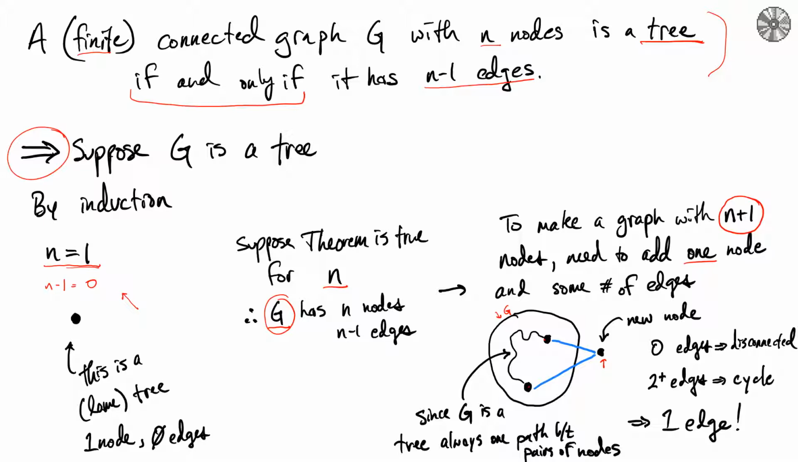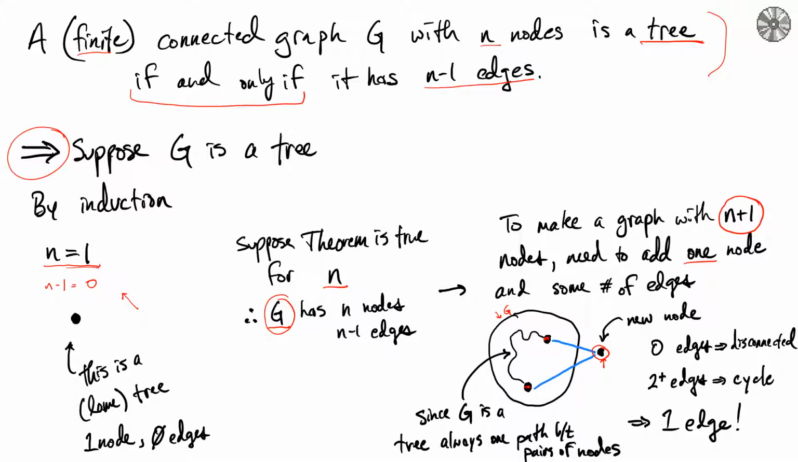And so if we don't add either of these blue edges, then this new node is disconnected, and so it doesn't satisfy the fact that a tree needs to be connected. So we can't just have 0 edges added. If we add more than one edge, so if we add 2 or more, then let's take a look at the case where we add 2 edges. We add one edge to one node that's already in G,